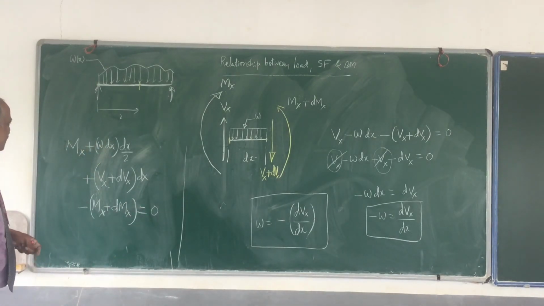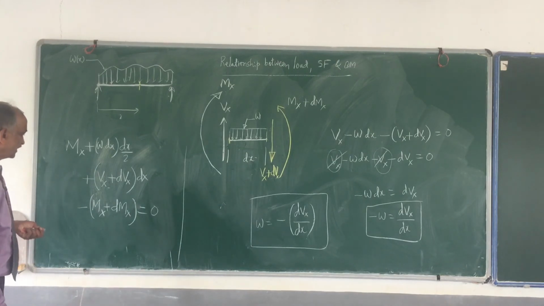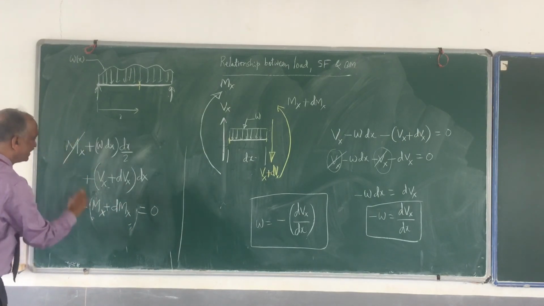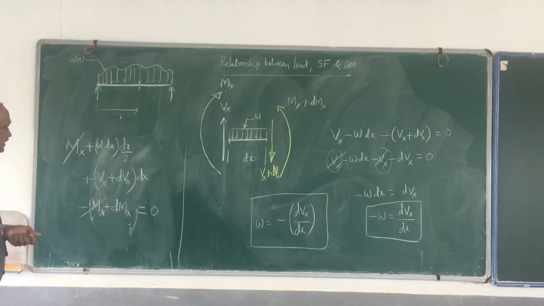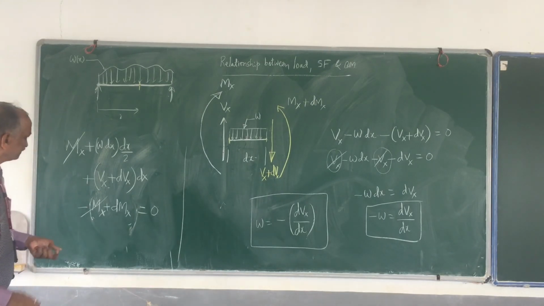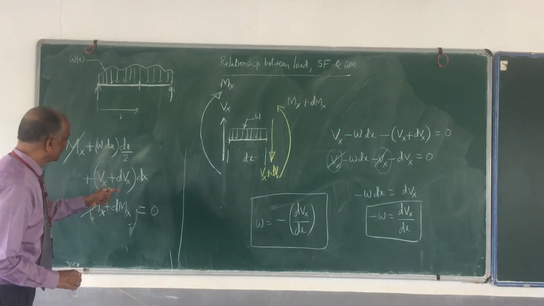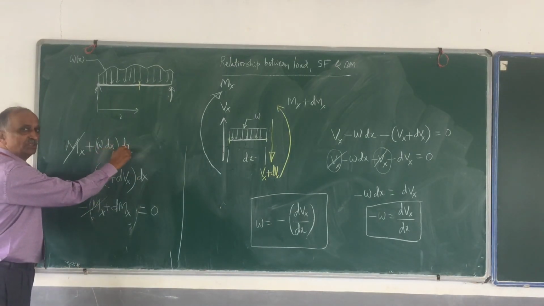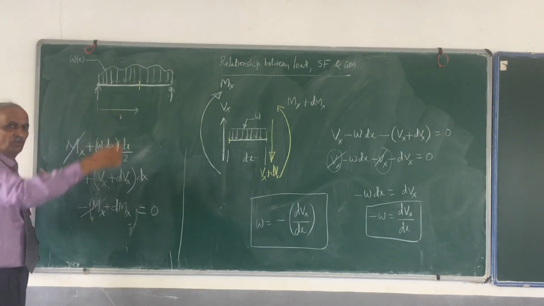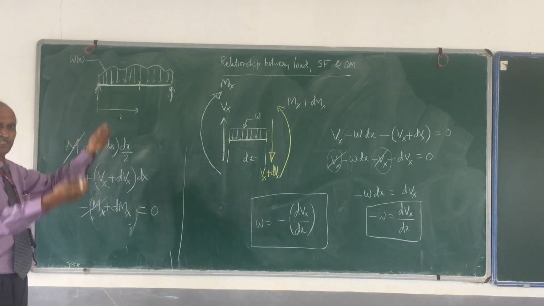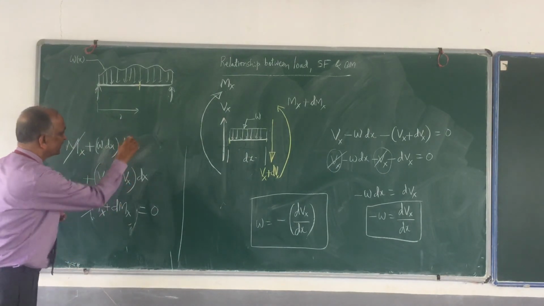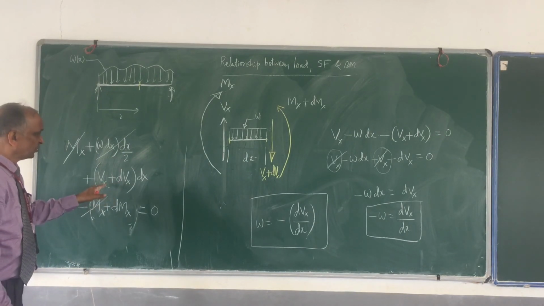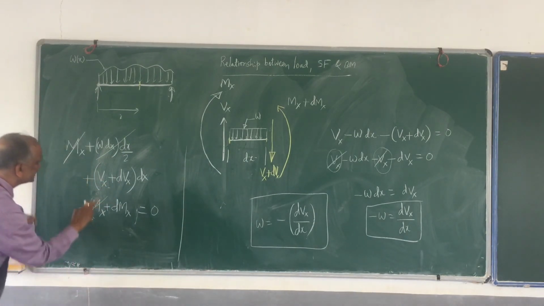So now simplify this. First of all, I can remove this bracket here, so I can cancel this Mx and this Mx. Then first of all, this W into dx, W into dx raised to 2. dx is very small and raised to 2, it is still 0. So therefore this can be neglected. Then you are left with this. So I shall simplify this. This is Vx into